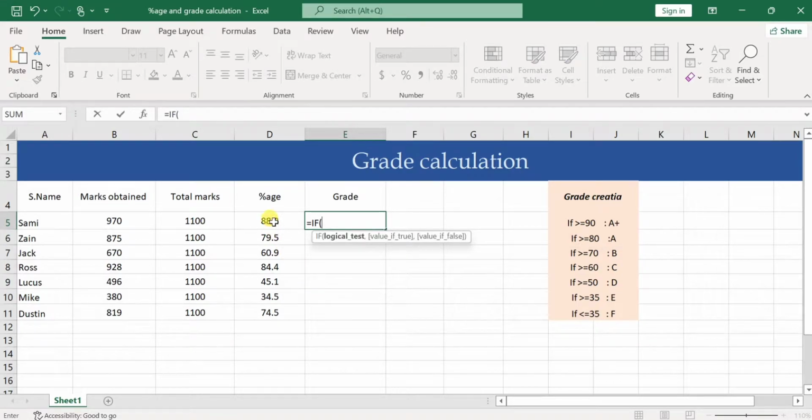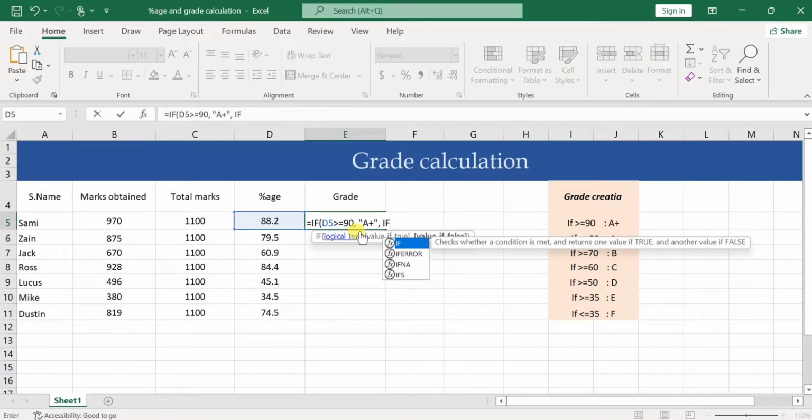Now if this percentage is greater than or equal to 90, then comma, then double quotes, A plus, meaning I will give A plus to the student, then closing the quotes and then comma. Now giving a space and writing IF and bracket,